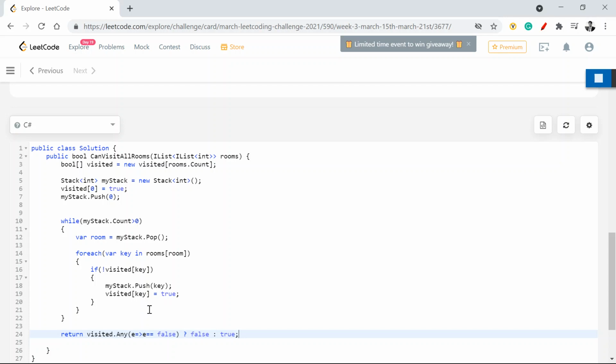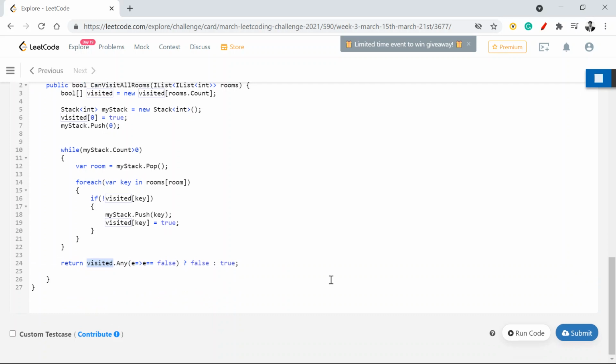I hope you understood. The idea is to have all the rooms getting marked as visited. What we are doing is going to one room, finding all the keys, then using those keys going into the other room and so on. With that process, I'm marking all the rooms as visited. By the end of everything, if that visited boolean array is still having any value which is false, that means that room remained unvisited, and that's what we need to return. If it is unvisited, then I'll return false. If all are visited, then I'll return true.